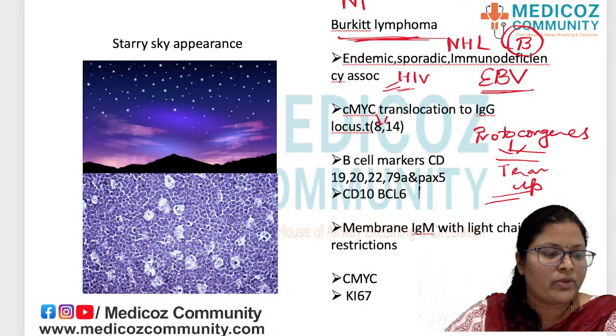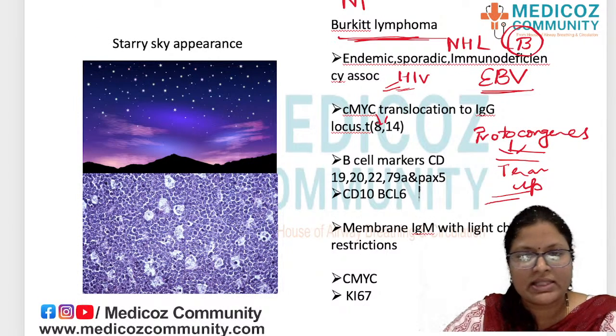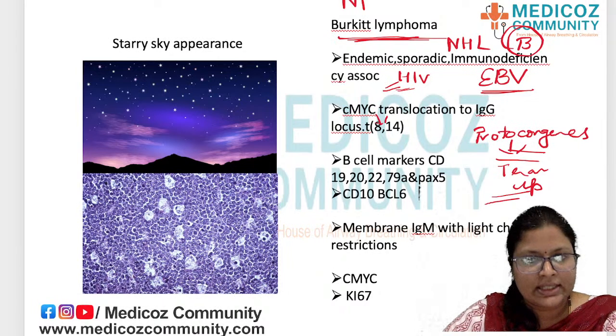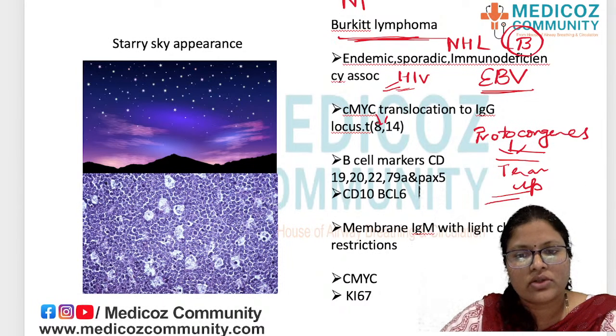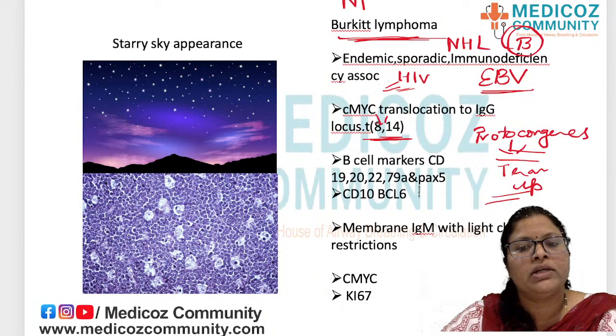When overexpressed, it causes malignancy like CA prostate, etc. When it undergoes translocation, specifically t(8;14), it causes a B-cell non-Hodgkin's lymphoma called